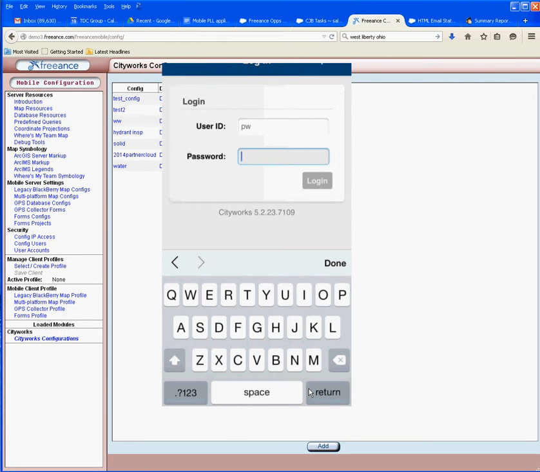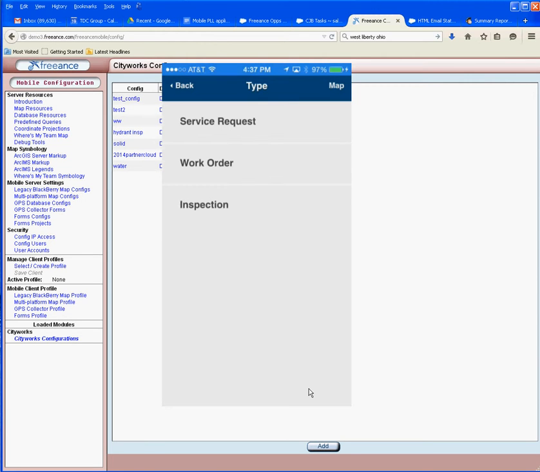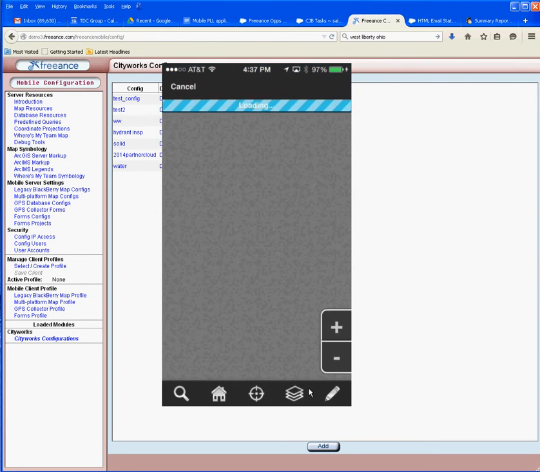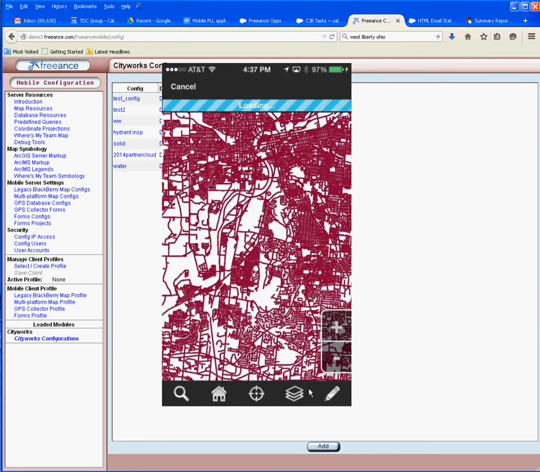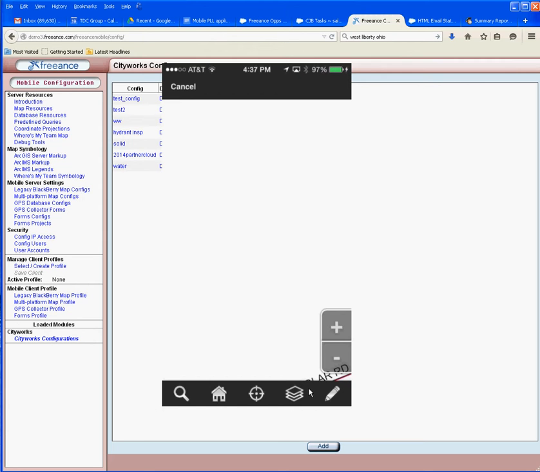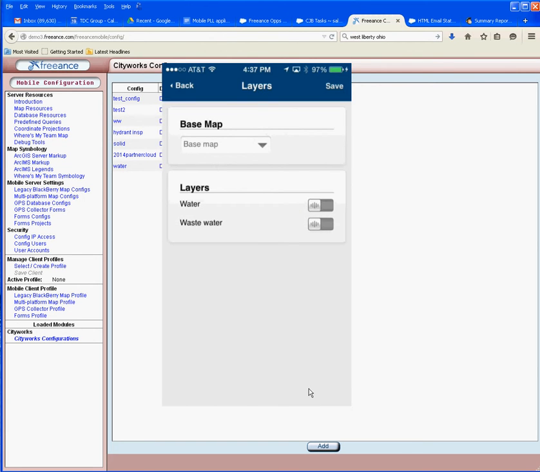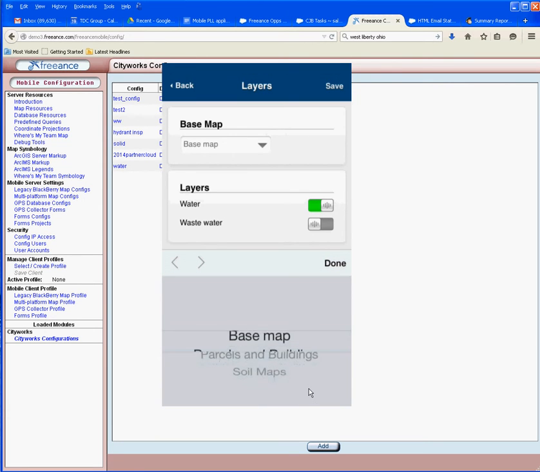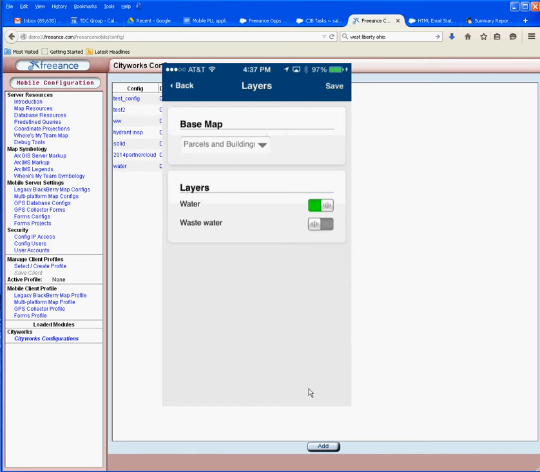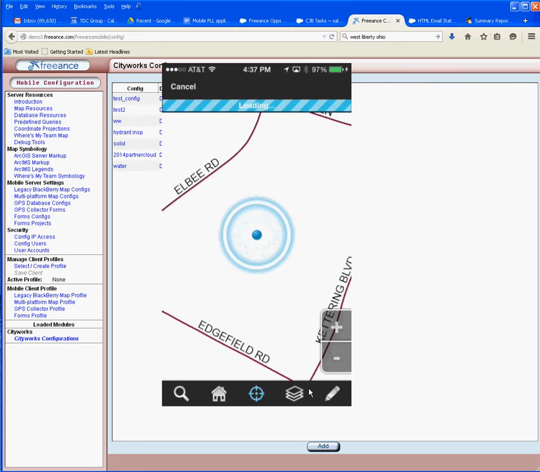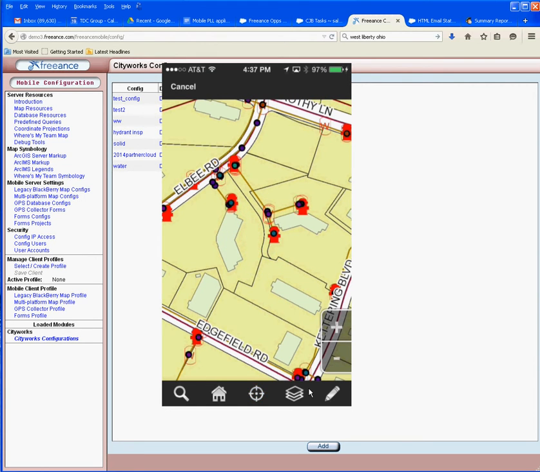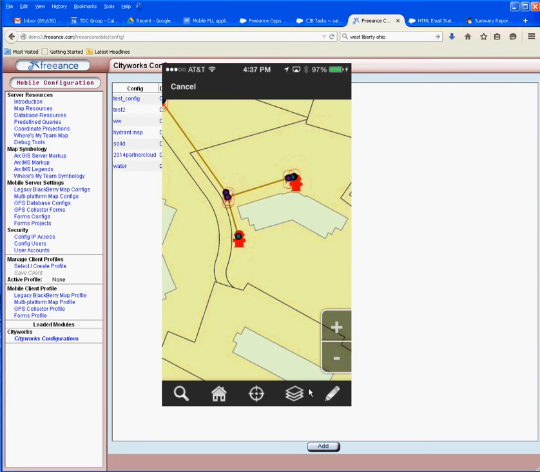I'll jump in here, I'll hit the map. My browser's a little slow behind me. We'll open water, hit save, we'll zoom into our location, and I'll click on this hydrant as soon as my emulator catches up. And I've got that hydrant listed, and now on the bottom of that I've got my browser link for my